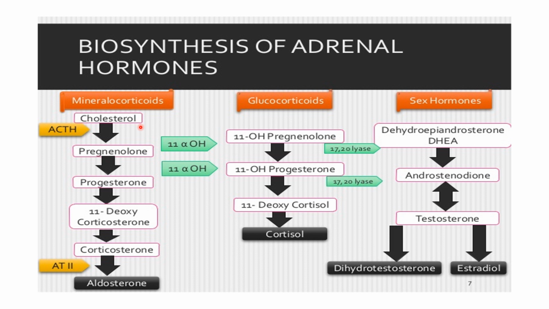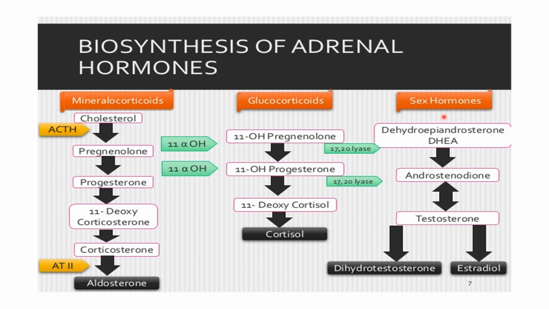Now how glucocorticoids are formed in the second layer, zona fasciculata. Inside the zona glomerulosa we have aldosterone. Under the second layer it is the glucocorticoid. So after cholesterol gets converted to pregnenolone, 11-alpha OH will convert it into 11-OH pregnenolone. Similarly, progesterone also gets 11-alpha OH and becomes 11-OH progesterone, which will then get converted to 11-deoxycortisol and finally cortisol. This is how cortisol is formed in the second layer, zona fasciculata, and finally